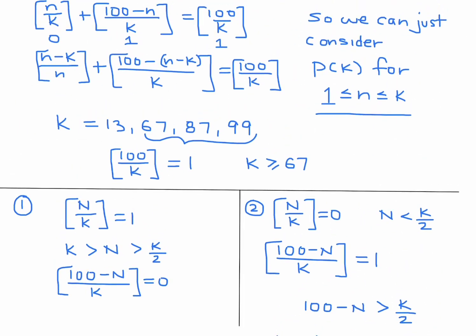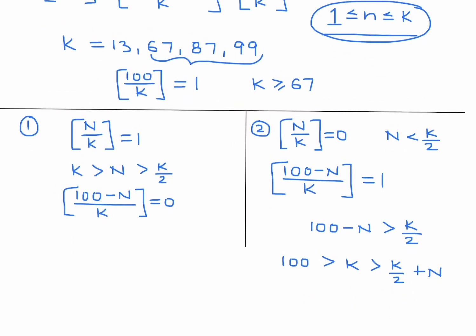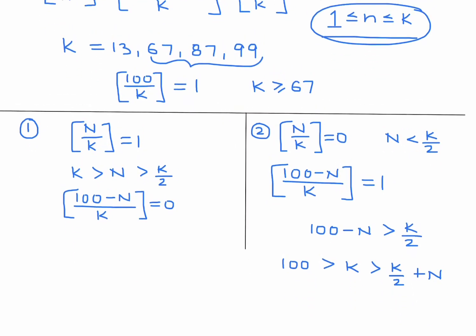Because if you remember, this was my original range for n. And if that is my range for n, you just put the n on the other side. So you have k over 2 plus n. Now, n, according to this, is less than k. So if you continue this inequality,